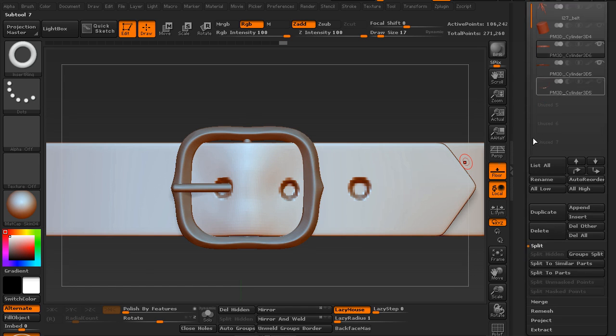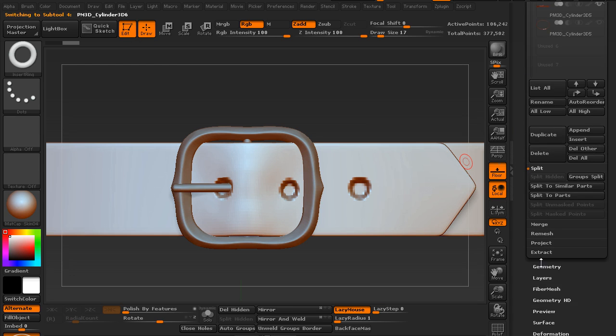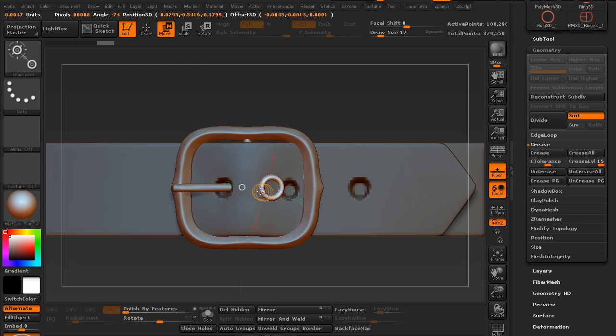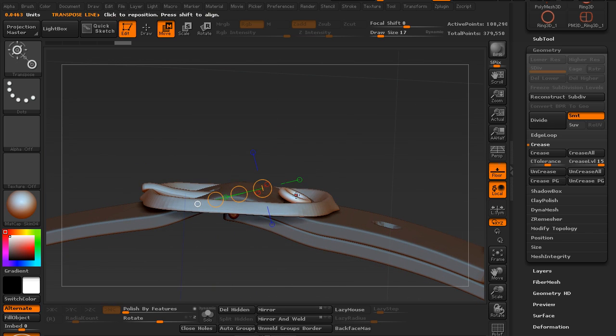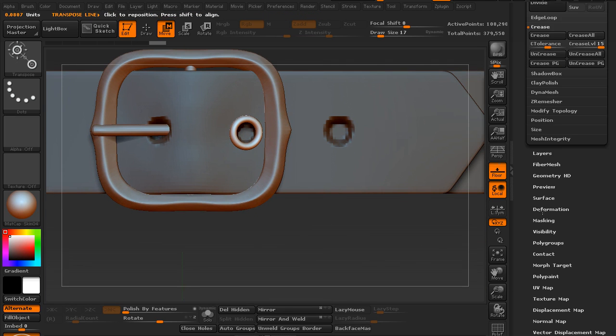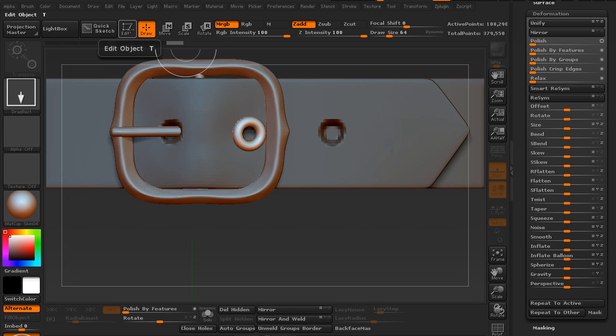Okay, I'll duplicate this guy again. Just delete him later. Delete lower subdivisions and just draw this little ring right on top. Then we can move it to create like these little metal rings. If we want to make it a little fatter, we can inflate it. And if we want to make a few of them,